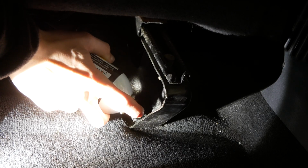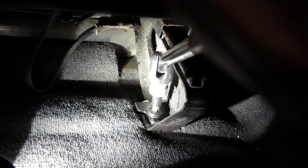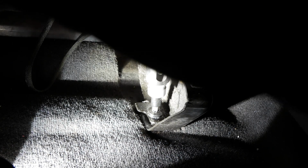I sprayed it with some penetrating fluid, waited a few hours, and then managed to squeeze a breaker bar under the seat, and finally it started moving. It wasn't very rusted at all, so I'd love to hear if anyone has any ideas about what caused it